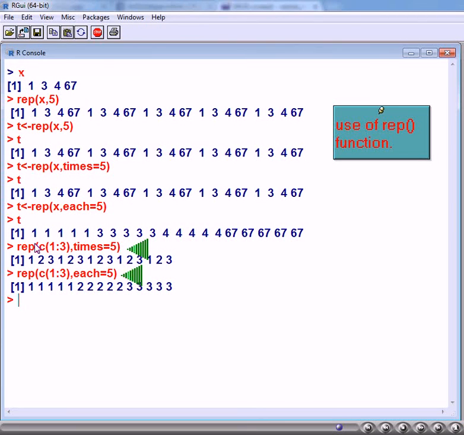Also, in the second last one, I have used rep with c(1:3), then each is equal to 5. That is, all the natural numbers 1:3 means 1, 2, 3, and each one will be repeated 5 times. That's how we can use the c function inside the function rep also.